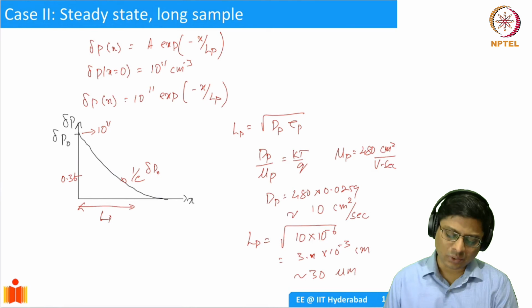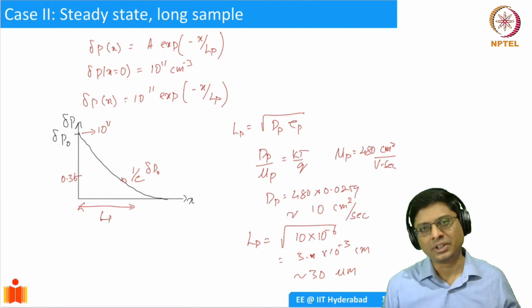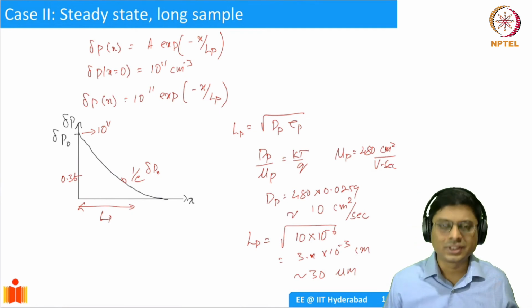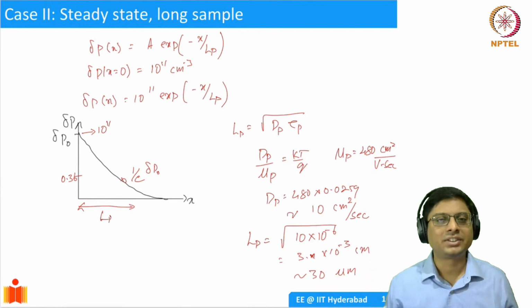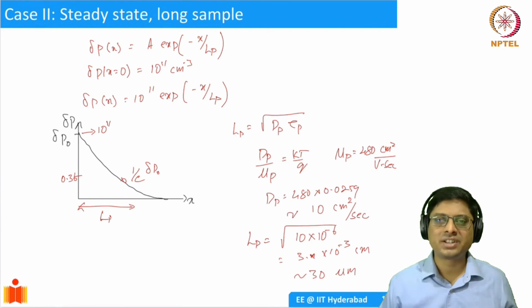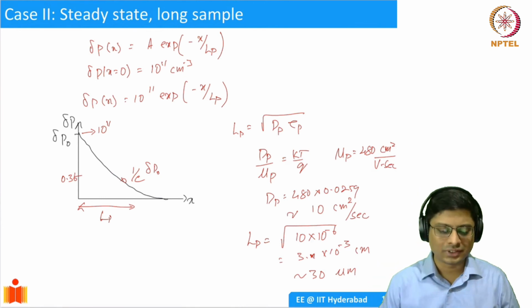Okay. So what this is telling us is, if you introduce minority carriers over a 10 microns, 10 to 20, 30 microns range, they will all decay. You're not going to see the effect of these minority carriers deep in the semiconductor. It's going to be close to the surface. And we will see that in PN junctions, the minority carrier diffusion is going to be close to the junction itself. Okay. So that's why we introduced this.